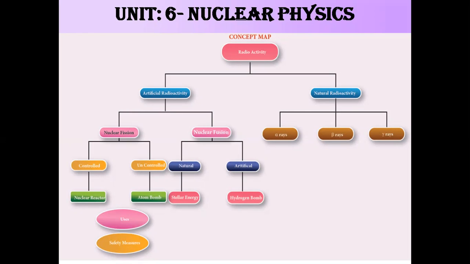Nuclear fusion is also natural and artificial. Stellar energy is the natural one, and the hydrogen bomb is the artificial, that is man-made. So these are the topics contained in Unit 6, Nuclear Physics. One by one we will discuss. First,